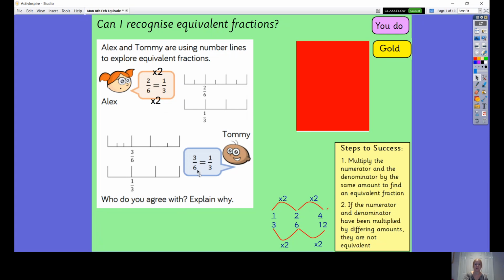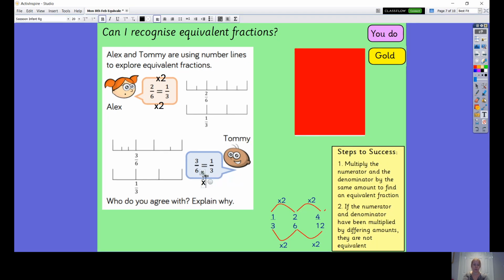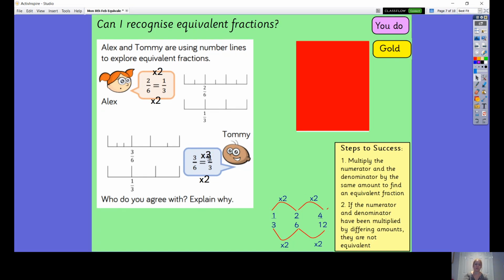If we look at Tommy's numbers, 3 and 6. How do we get from 3 to 6? We do times 2. So 3 times 2 is 6. But 1 times 2 isn't 3, is it? So that would be times 3. And that can't be right, because if you remember, when we look at our steps to success, we have to do the same to the top as we do to the bottom. They've got to be multiplied by the same amount